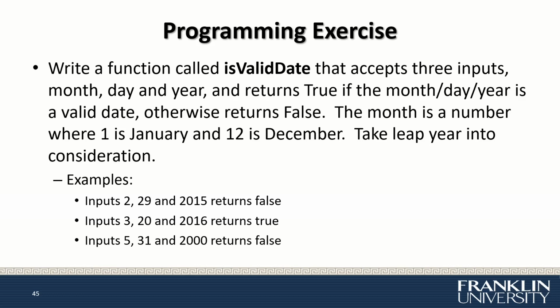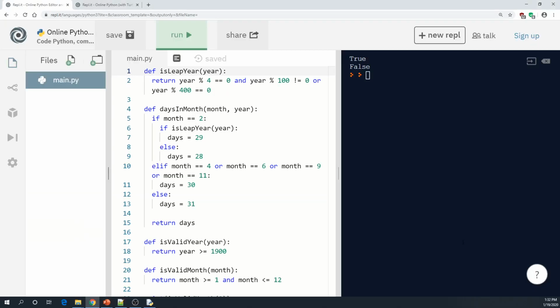So how do we do this? Well, a valid date has a valid month and a valid year. And the day that it shows has to be less than or equal to the days in the month. So let's look at this. Given this idea here,